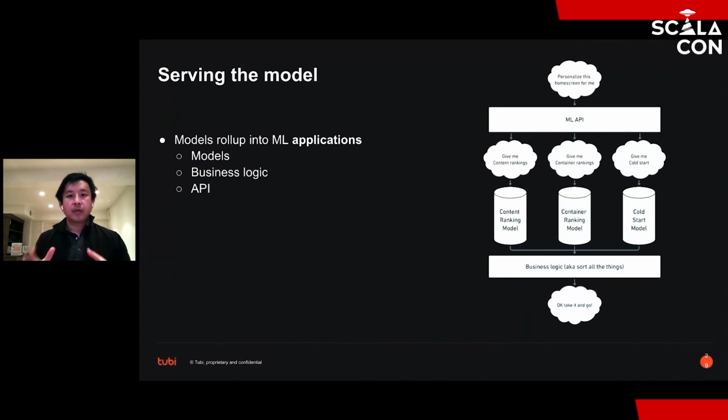So one thing here, right, is this need to iterate quickly. Machine learning teams might want to change a particular ranking. They might want to run some A/B tests, or they might want to actually change how the business logic works. And so machine learning operations at Tubi has to balance this dual concern, right?